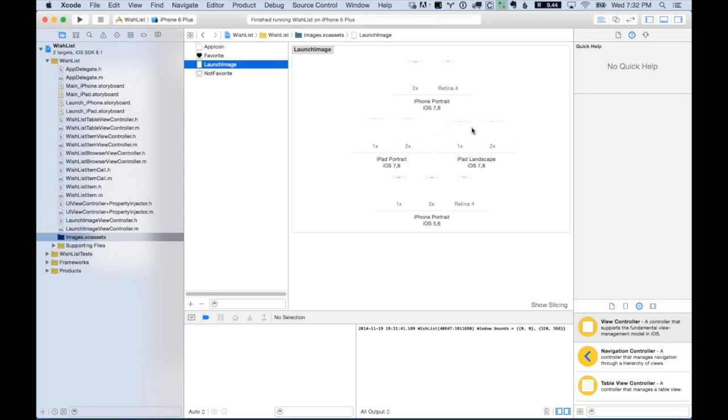Well, forget about the iPad ones, actually. Just look at the iPhone ones. So the iPhone ones have the 2X and the Retina 4, but nothing for the 6 or the 6 Plus here. If we wanted to add those, we would